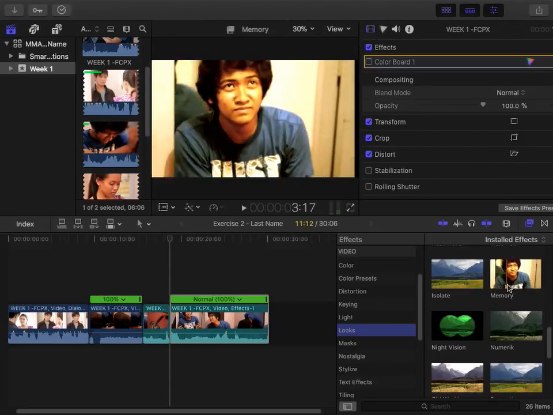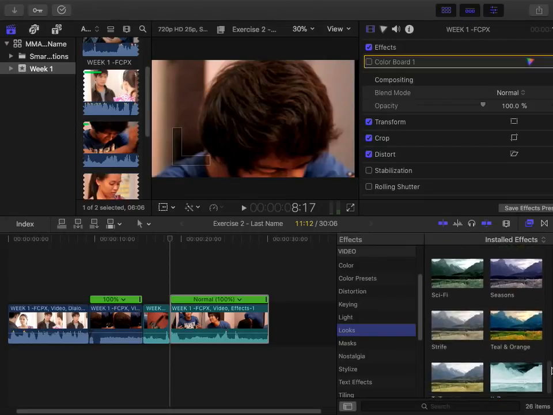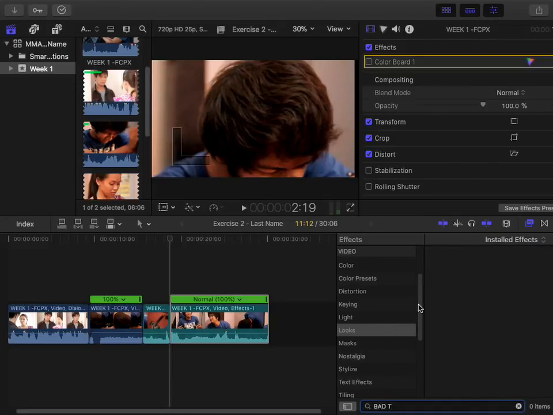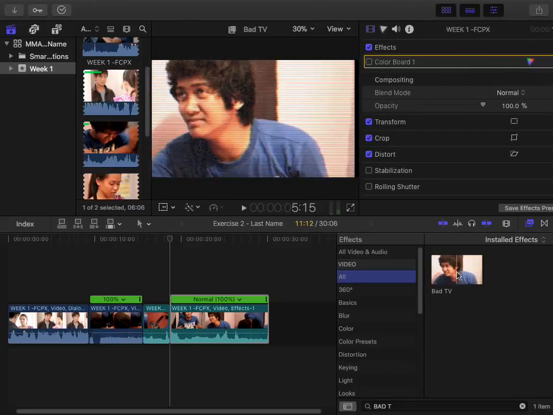Or maybe memory, or, di ba, isolate. I mean, sige, let's choose one. Kunyari, one of my favorite effects, can I share with you, one of my favorite effects is Bad TV. So it's like this. Now,